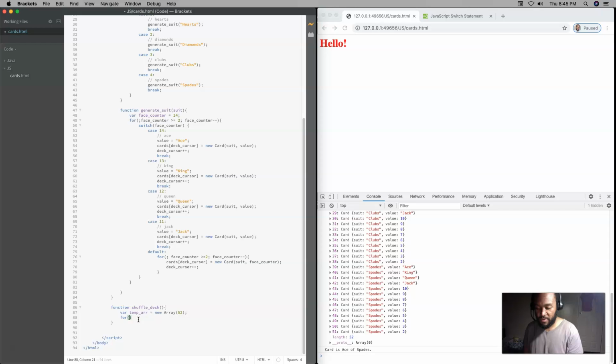For, how do I do that? For C in cards. I think this is right. I haven't done this in a long time. For C in cards, for each item, for each card in the card deck, I want to